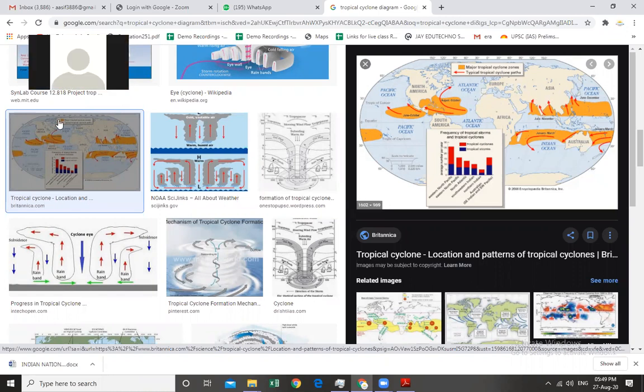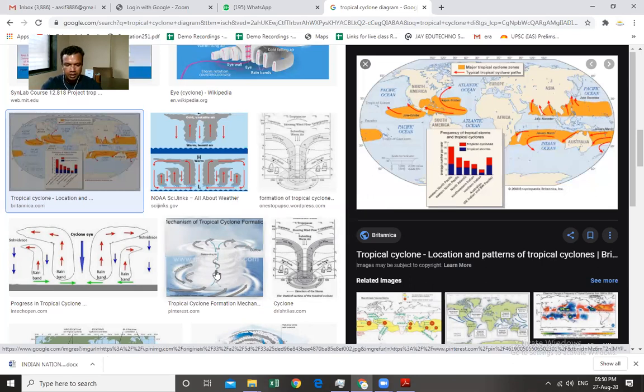No, sir. You understood how the tropical cyclones are created? Tropical cyclones are created when a pressure system has low pressure at the center and high pressure in the surrounding region. That high pressure leads to the movement of the wind from the surrounding region to the eye of the ocean, and at the eye there is convergence of the wind coming from the surrounding region, and that convergence leads to ascendance of the wind.